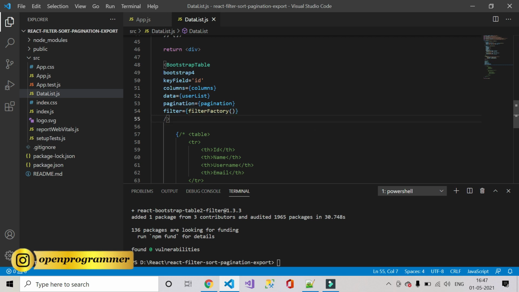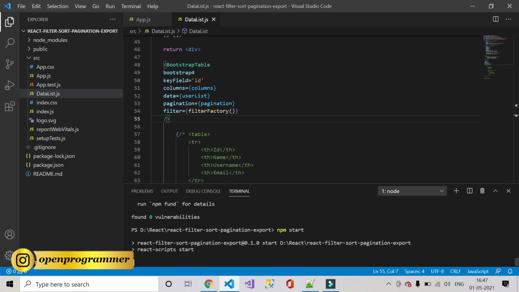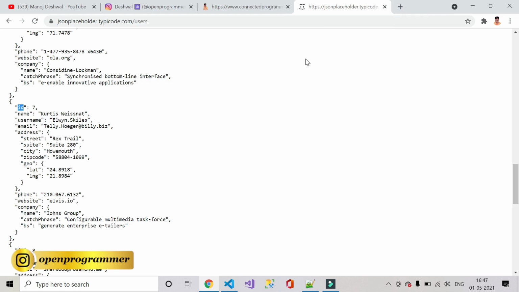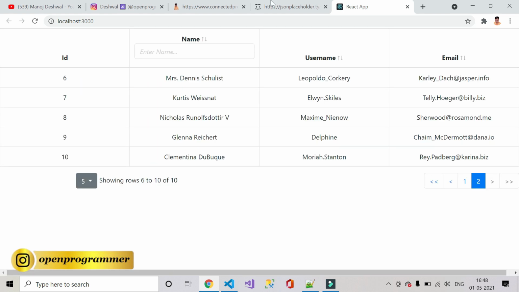Let's save this, and we have to again restart our server. So npm start, go back to the browser. Let's close this because it will open in a separate tab. You can see there is an input text field on the name field.